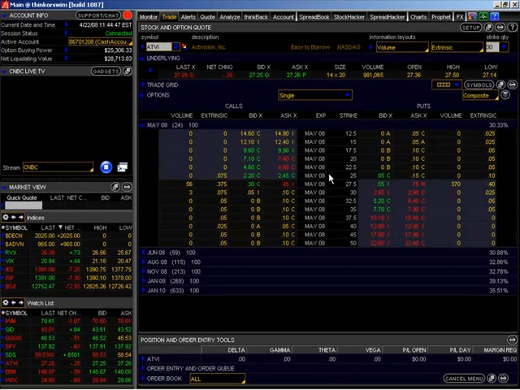The closer you get to the at-the-money or actual strike price of the stock, you can see that there is in fact some extrinsic value left. There is some time value left in that option, and that time value is basically saying that, hey, we do have 3 or 4 weeks before expiration, so the price of the option may actually increase to the point where it might be further in the money.